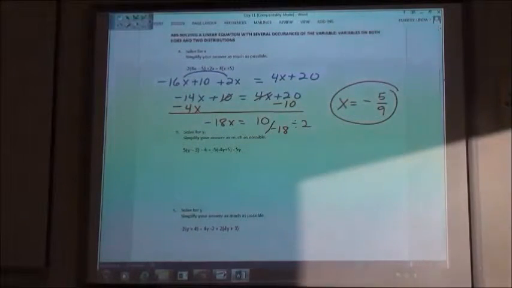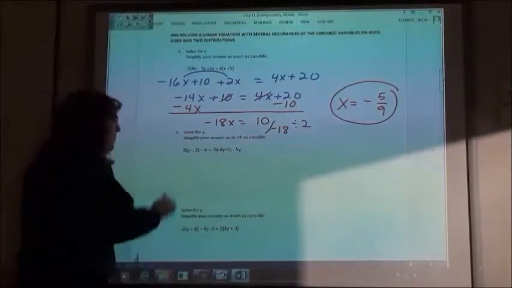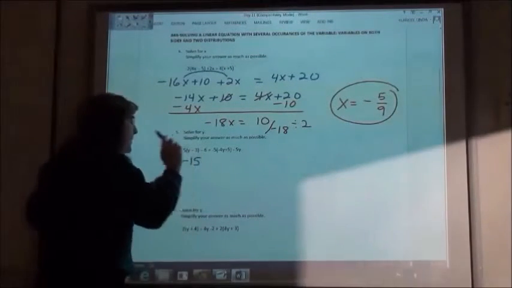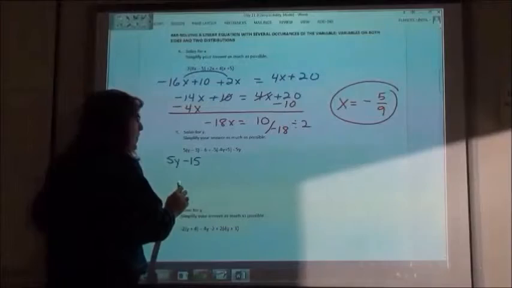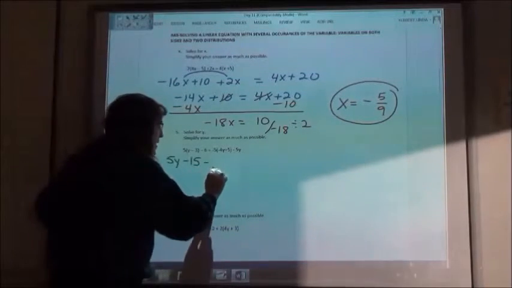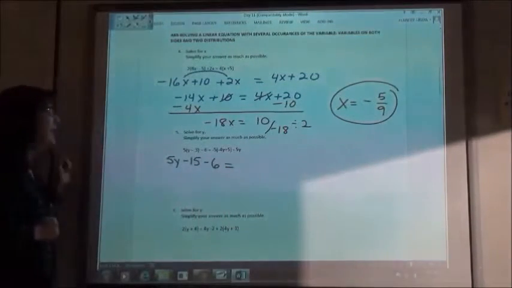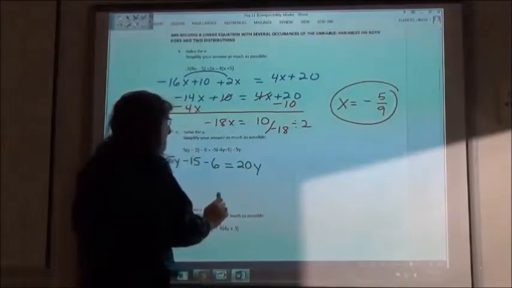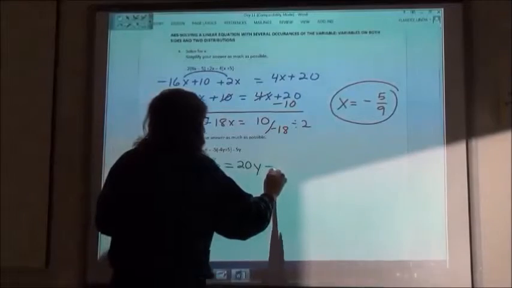So number 5, getting rid of our parentheses. On the left-hand side, what would we get? 5y minus 15. Am I multiplying that one? No, plus, oh, minus 6. Exactly. Equals on the right-hand side, 20y minus 25